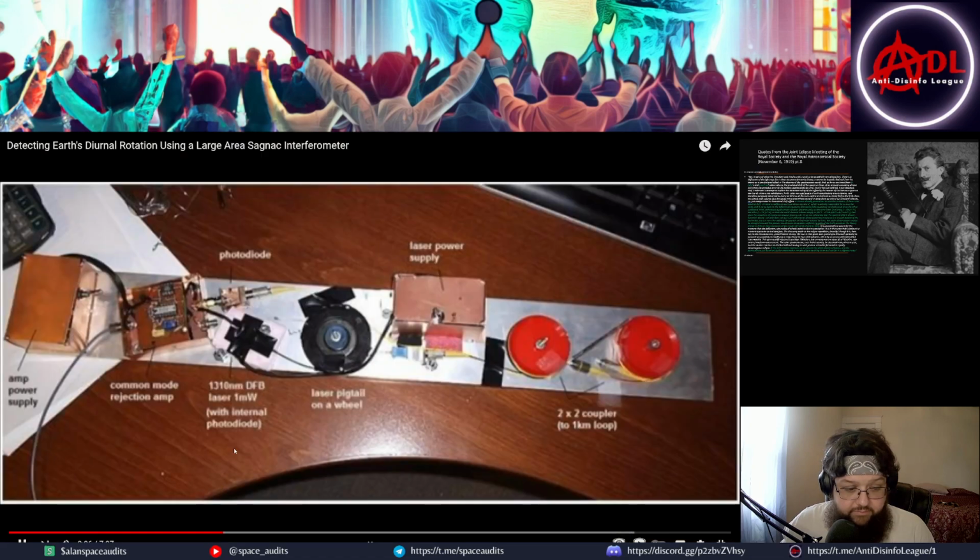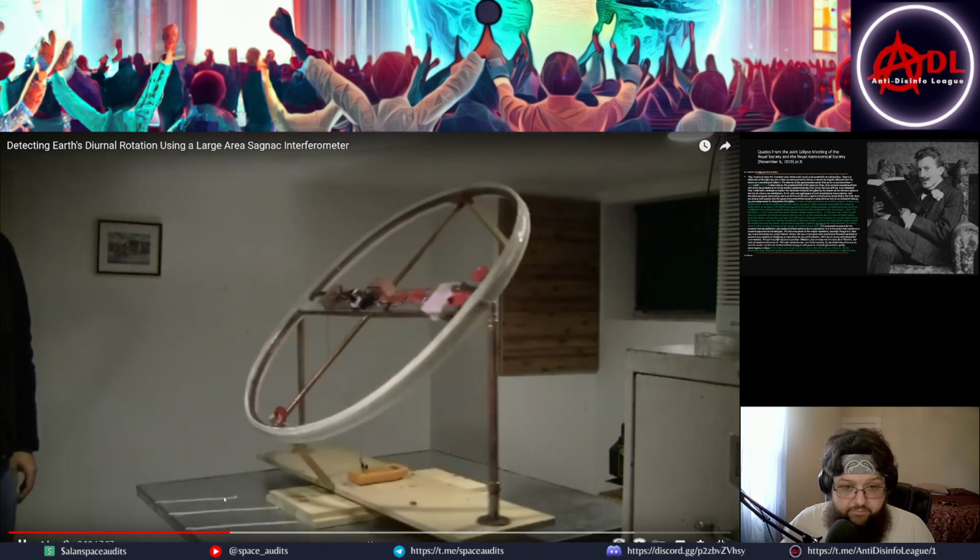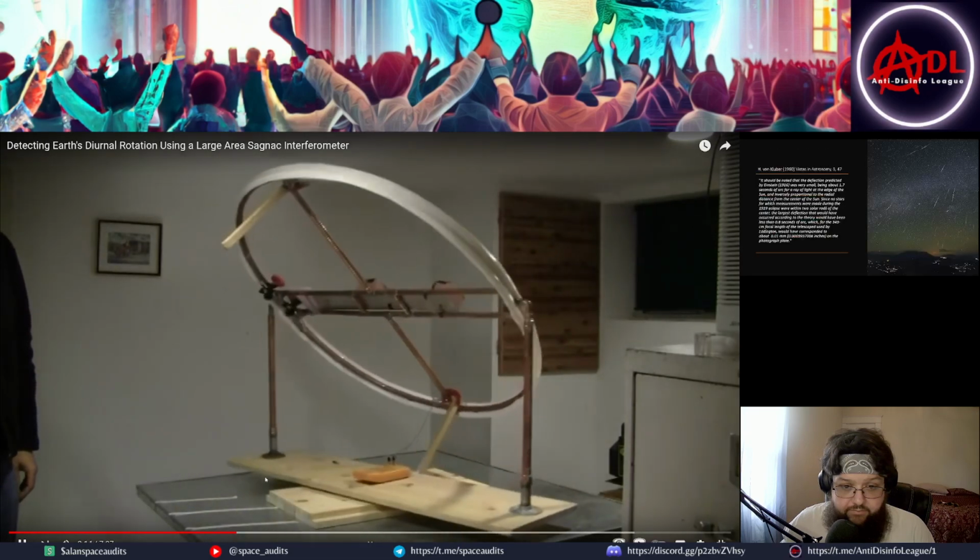In this figure here. This is the completed Sagnac interferometer. It is on equatorial mount, so it can be positioned in any direction horizontally or vertically with respect to the